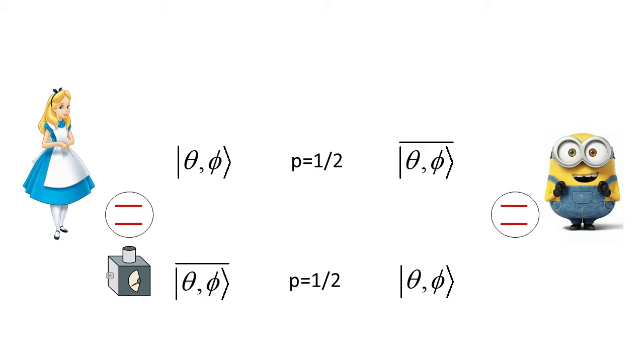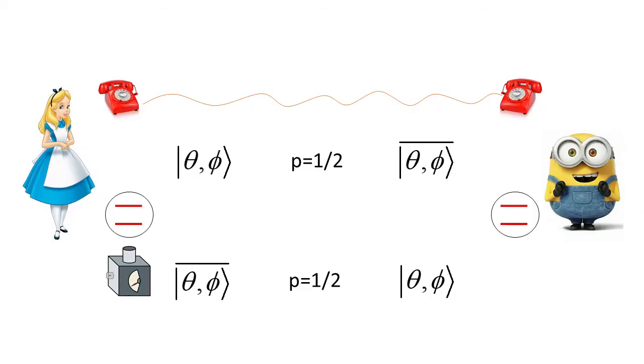First one, Alice will get the theta phi, and Bob will get the state which is orthogonal to that state, which I'm calling theta phi bar. The other outcome of Alice is the reverse of this. So she gets theta phi bar, and then Bob gets theta phi. So what Alice can do then is phone up Bob, and then in order to make sure that